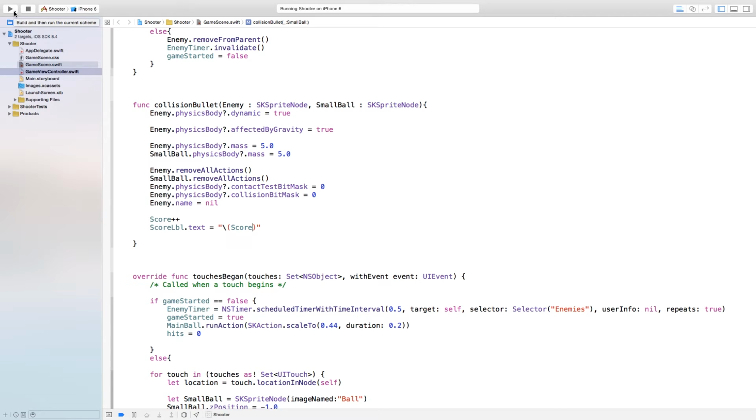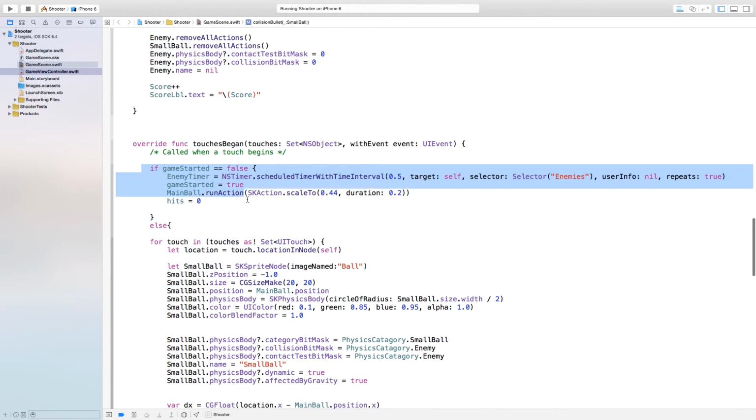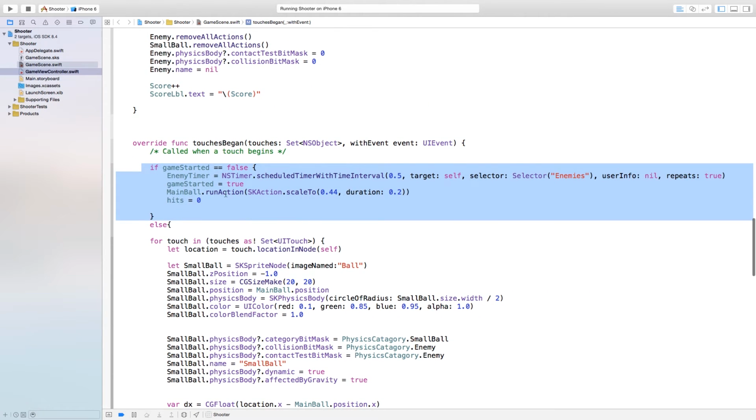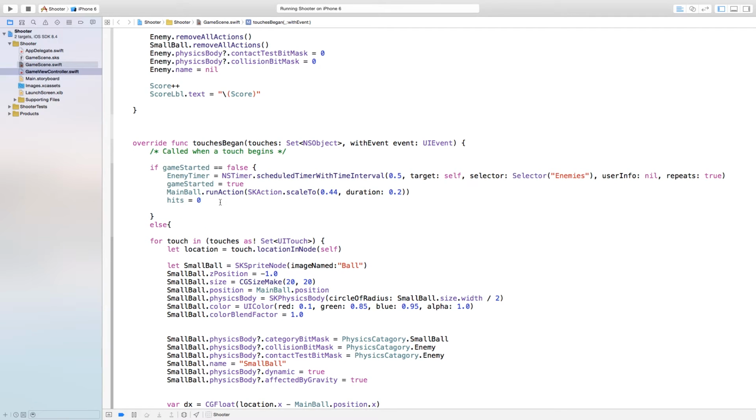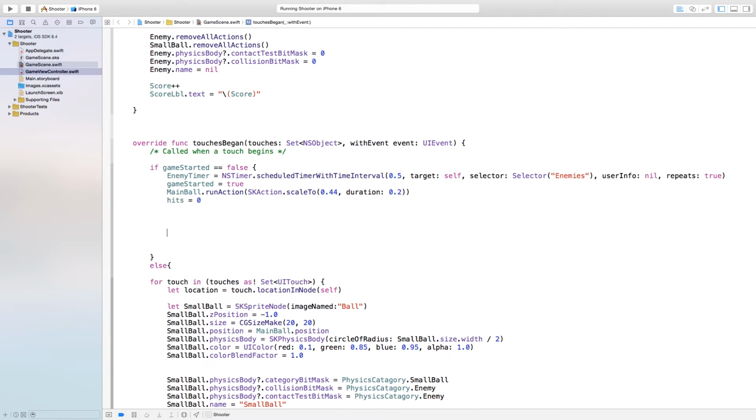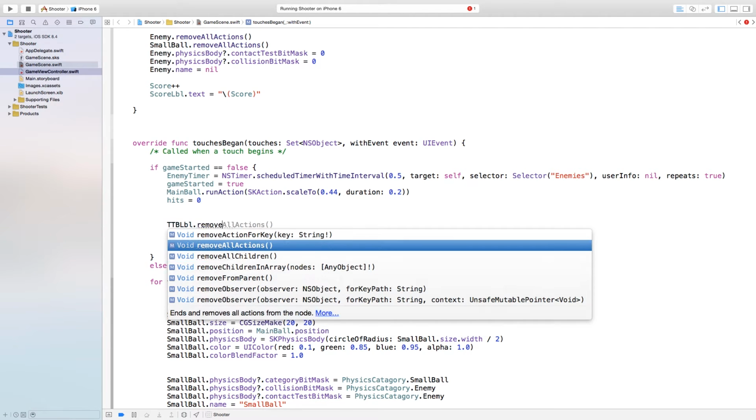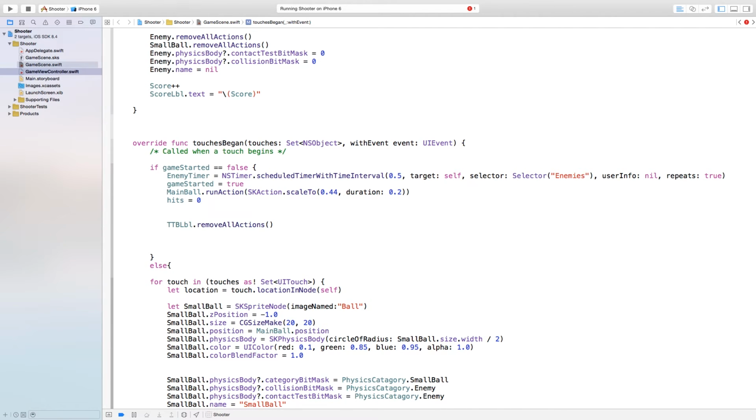So let's go ahead and make our score label show up by going down here to our touchesBegan, and inside of this if statement that says if gameStarted equals false, then we want to run this. Down here, this is where we're going to program all of the fading in of our game. So I'm just going to go right in here, and I'm going to say ttbLabel.removeAllActions, like so. This is going to remove the fading in and out animation off of our ttbLabel,